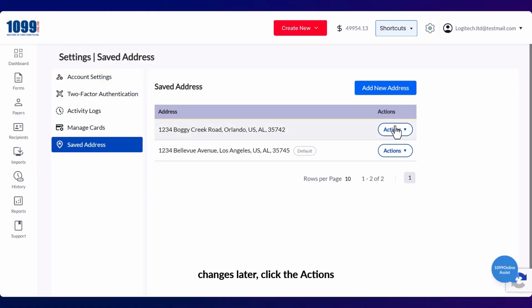If you need to make changes later, click the Actions drop-down menu next to the address. From here, you can edit address, delete address, make as default. That's it. You've successfully added and managed a saved address in